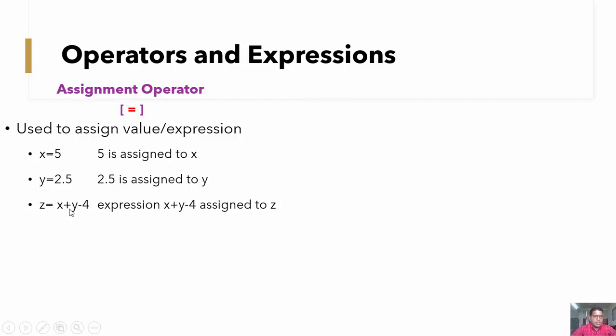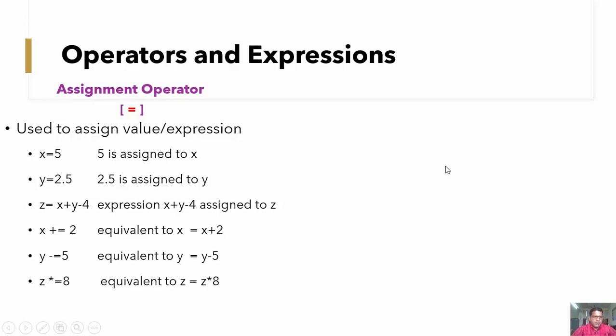Simple, x plus y minus 4. So this result gets assigned to variable z here. So the next new declaration, x plus equal to 2. This declaration is the same as x is equal to x plus 2. So what will the expression do? First of all, whatever value of x is there gets added with 2, and the updated result is again assigned to variable x here. So in this way x plus equal to 2 is the same as x is equal to x plus 2.